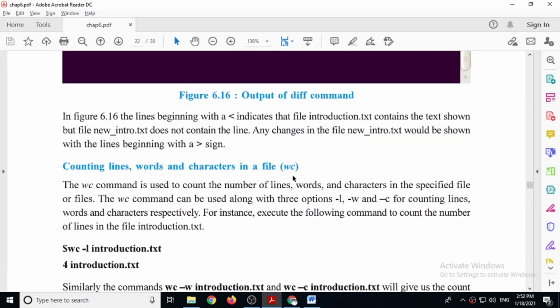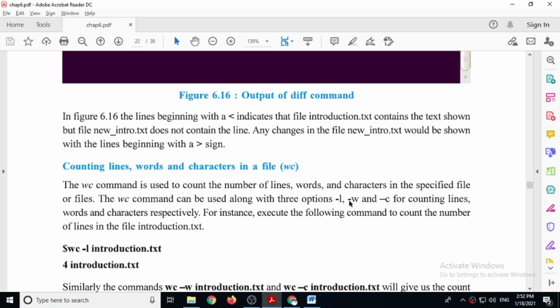Now next command is wc, and remember wc means word count. The full form of wc is word count, but this command counts not only words but also number of characters and number of lines in a file. So for that you have to give options. For example, if you give -l, then it will display number of lines.